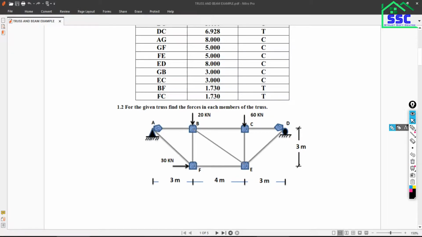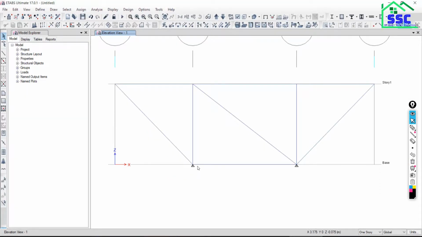So just come back to the software. Actually I don't want this. See, there is an error. See how many joints it is giving? 3 joints. But how many should it be? It should be 1 joint, because all the members are going to connect at one point. So if I try to select this joint, how many joints should be in the selection? Only 1 joint. That's why there is a modeling error.